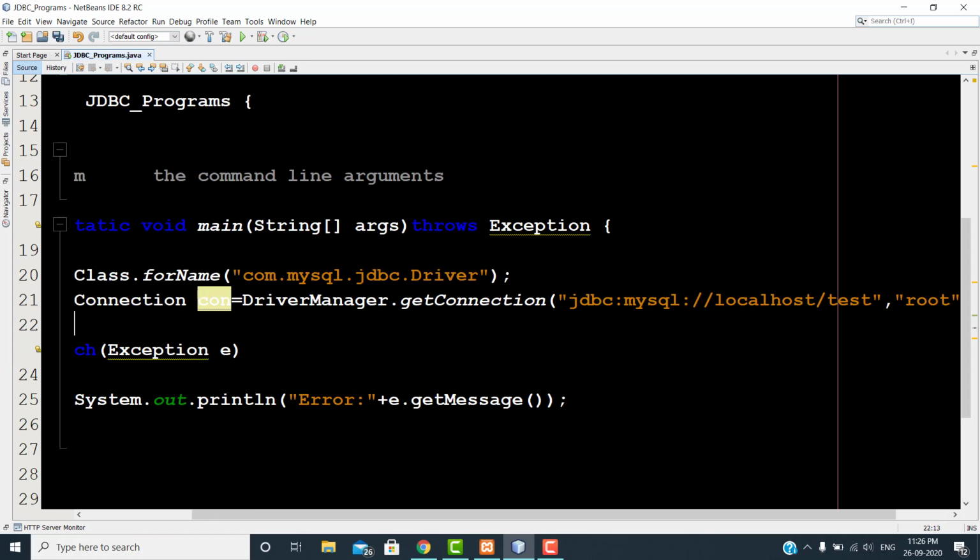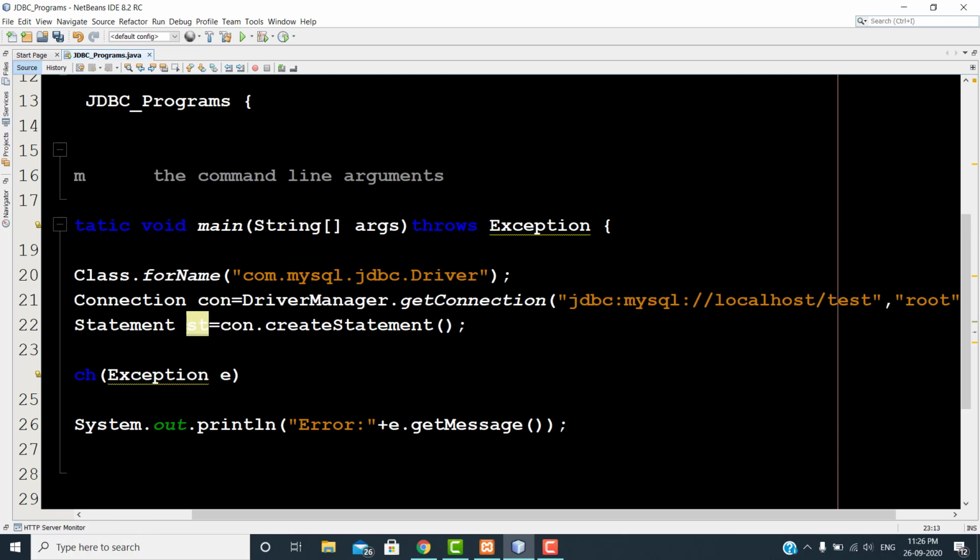Next, once the database connection is over, we have to create a statement: st equals con.createStatement. Save your program. Now you write a query: String query equals create table logins.